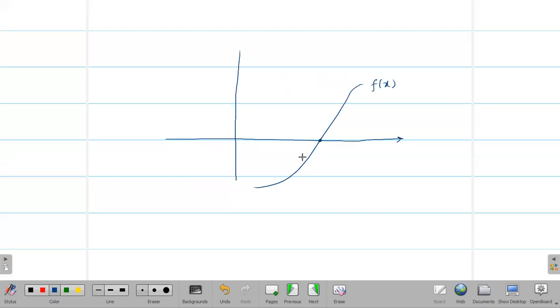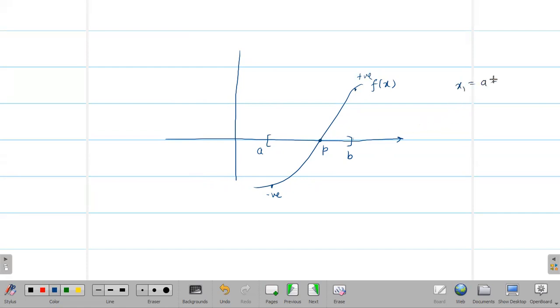This is the exact root of this equation. This is p. Suppose it is p. And now if I'm choosing any random interval a and b, suppose b is here. So f of a, suppose it is negative here, f of b, it is positive here. So let us take its midpoint.